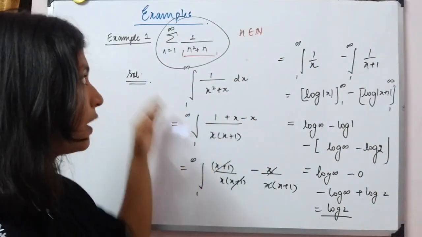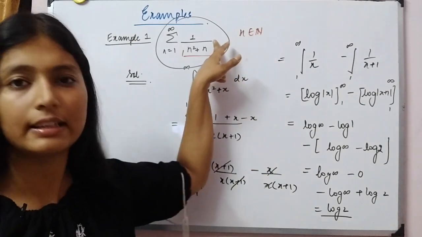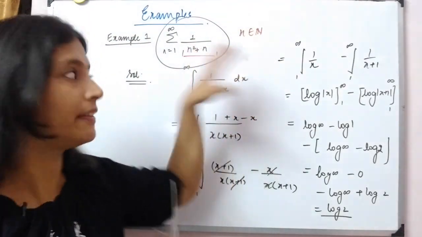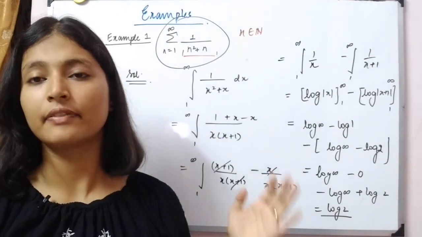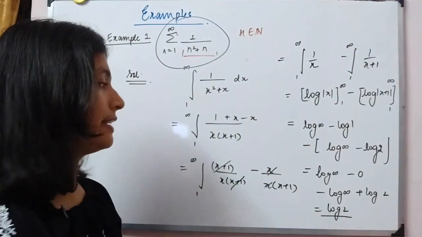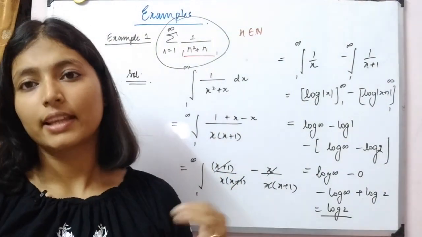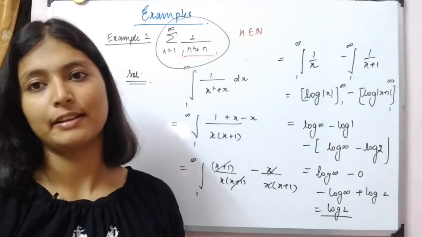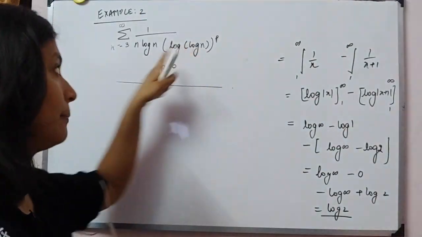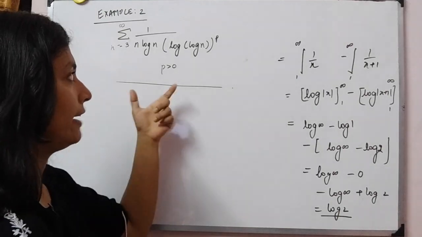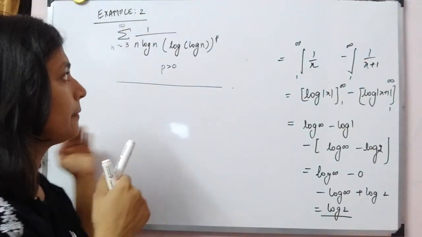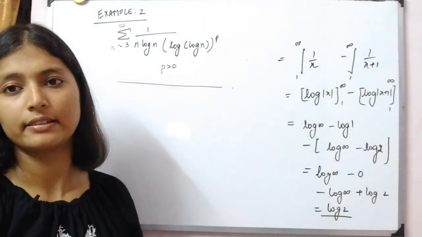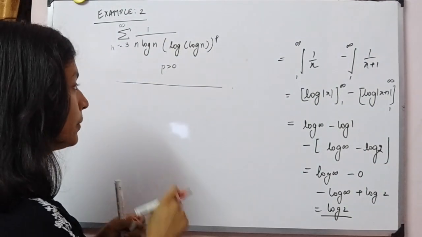So you can see what we have to check is, it should be a decreasing term, it should be positive, and then we can apply the test and check if the series is convergent or not, with the help of Cauchy integral test. I'll give you some example that you can try by yourself. So this is an example for you, try it. It might look terrifying, but it's not at all. You can try this in the same way that we have just done, using the Cauchy integral test, and you will come to an answer.